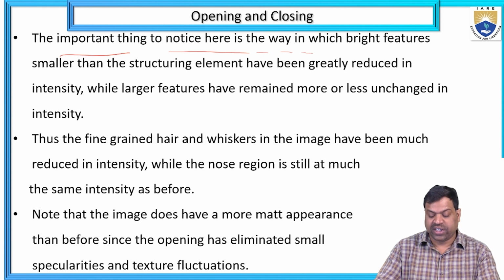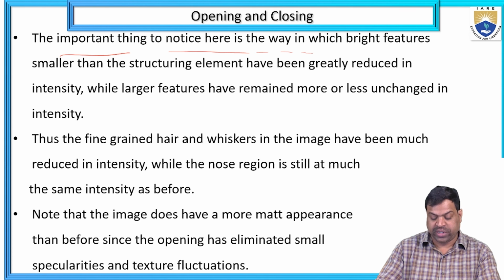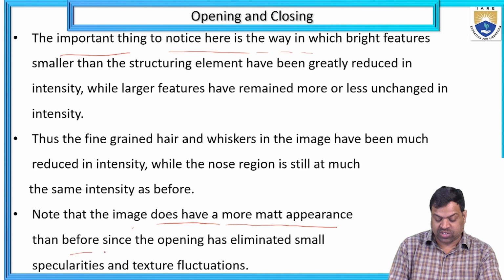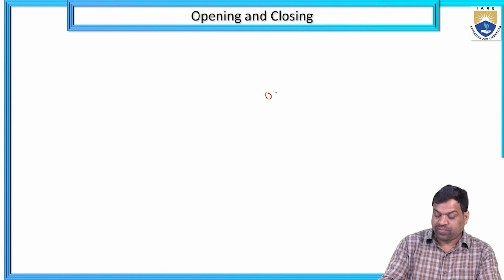The fine-grained hair and whiskers in the image have been much reduced in intensity, while the region is still at much the same intensity as before. Note that the image does have more of a matte appearance than before, since the opening has eliminated some small textures. Okay, so